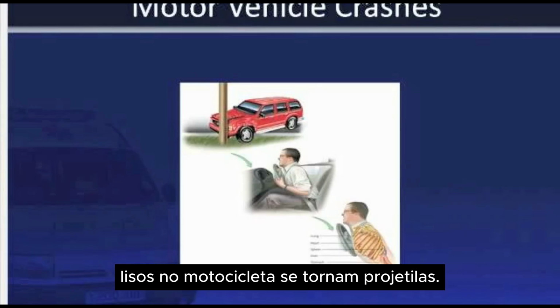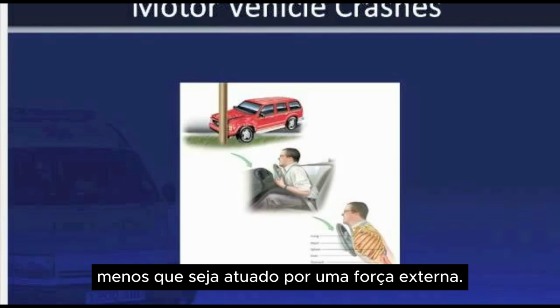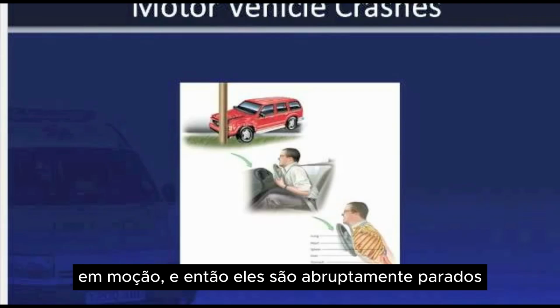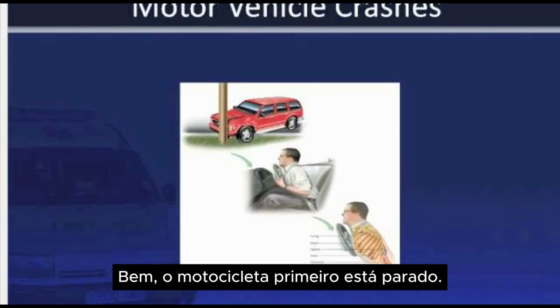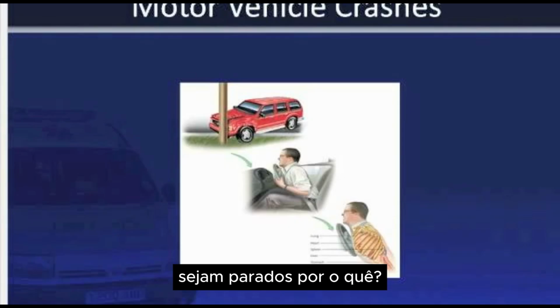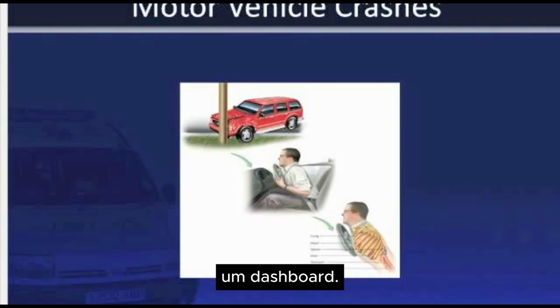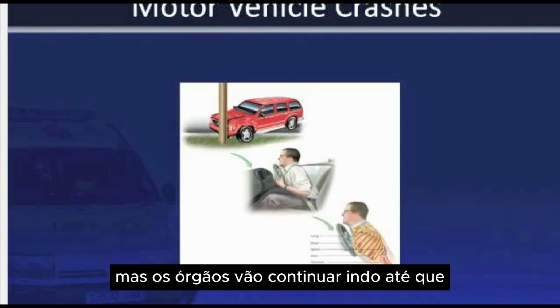This goes back to Newton's law of motion. An object in motion stays in motion unless acted upon by an outside force. So, if your patient is driving along, they are in motion, and then they are abruptly stopped by a telephone pole. Well, the vehicle first is stopped. The patient will continue to go until they are stopped by what? Exactly, a seatbelt, an airbag, or a dashboard. So, now the patient is stopped by those, but the organs will continue to go until they are stopped by bone, skin,